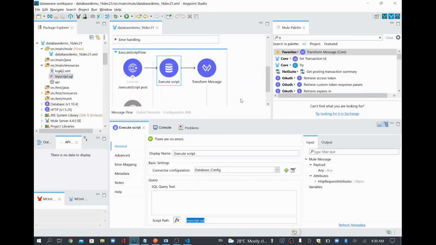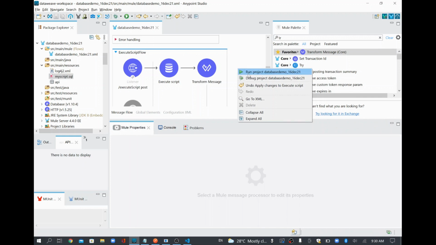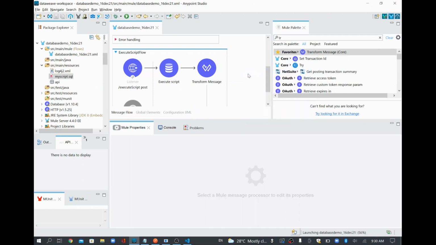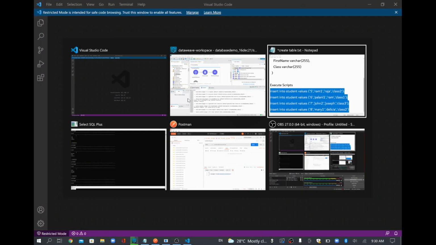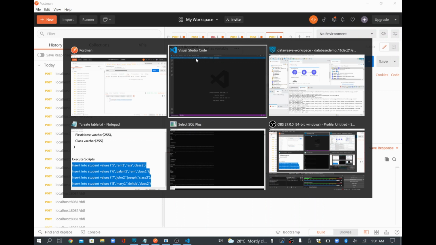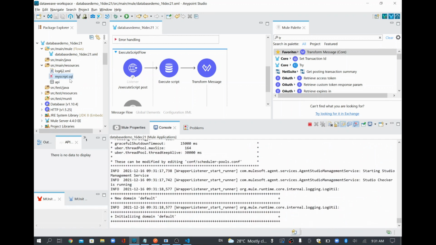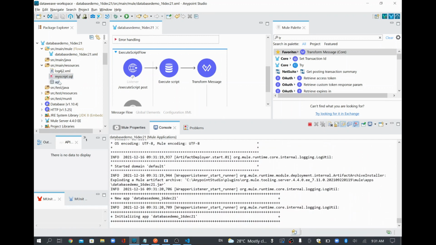Now I'll run it again. There was an error appearing, so I'll stop this and start it again, because when I saved it there was an error. Better to stop it and run it again. We are going to invoke the same execute script from here, but the only difference is that in Anypoint Studio, instead of having everything directly, we put all the scripts in a separate file and refer to that file. This way you don't need to touch the code if you want to update any script. You can go and update the file so that the Mule application can call that particular file.